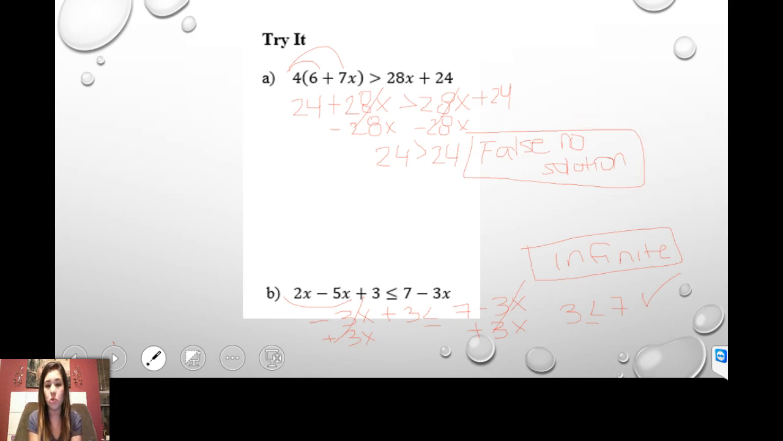We have no solution. In the bottom, if you went ahead and combined like terms, 2x minus 5x gave you negative 3x, and then plus 3, so then I go ahead and add 3x to both sides. That cancels my x's, and I'm left with a true statement, which is 3 is less than or equal to 7. Therefore, my final answer is infinite solutions. I have many, many solutions to this